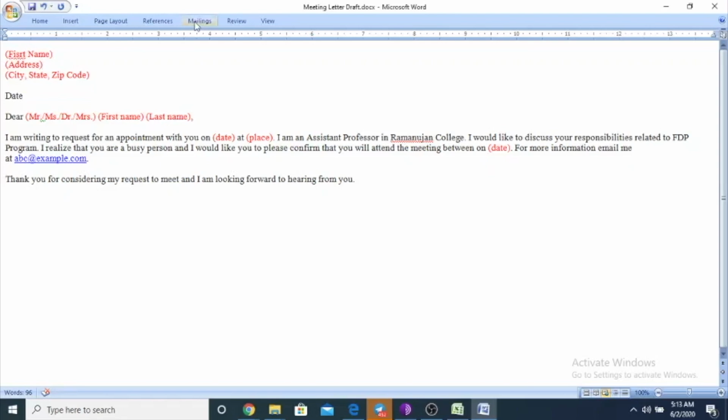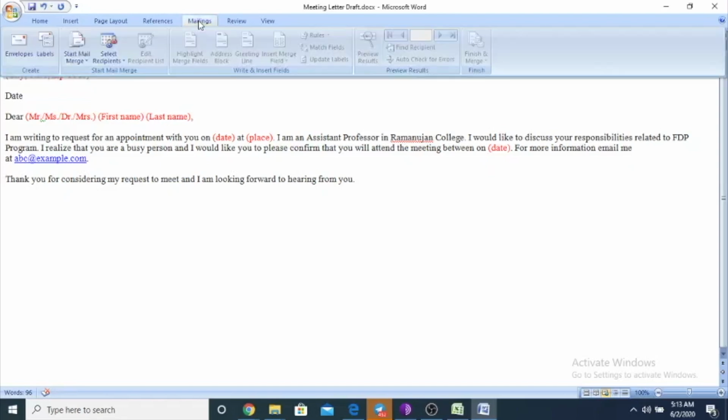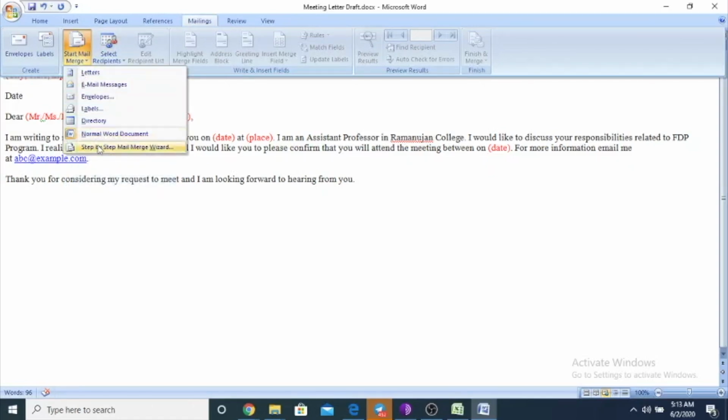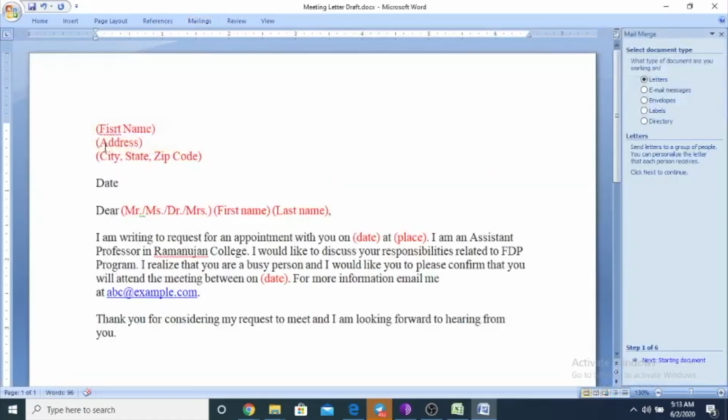First, you click on the Mailings tab, then click on Start Mail Merge, then click on Step by Step Mail Merge Wizard. Here is the document type, what kind of document you want to create. If you want to create a letter, you can choose letter. If you want to create an email message, you can choose that here.